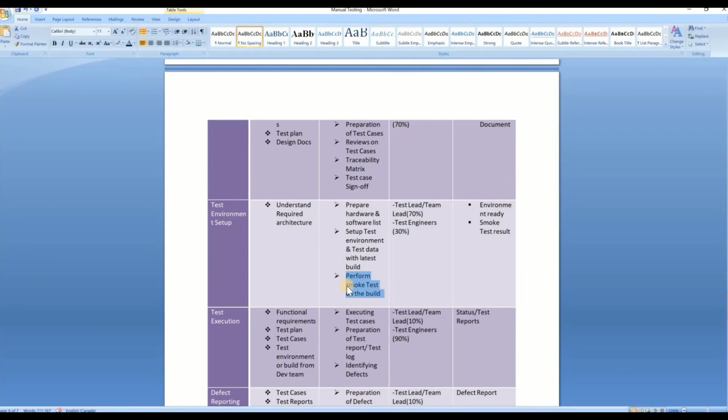But here is one thing: test environment setup is not fixed, the activity is not fixed. It is not fully the responsibility of the QA team. Sometimes a developer does it, it depends on the company. Sometimes the company has a DevOps engineer who ensures the test environment is up to date with the latest code. Or the developer, say you have 3 different developers working on 3 different features,